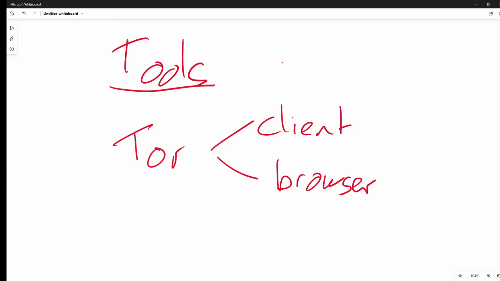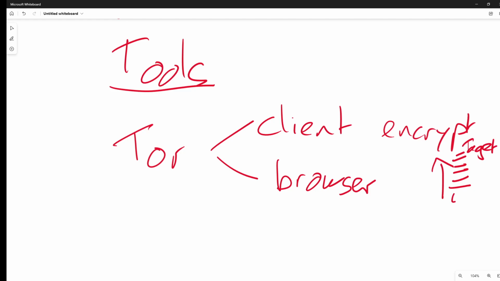Tor is short for the Onion Router, and it's the largest and most popular darknet service. It allows you to communicate anonymously with the darknet, and it has many layers of encryption, many layers that layer on top of each other to get to your target.